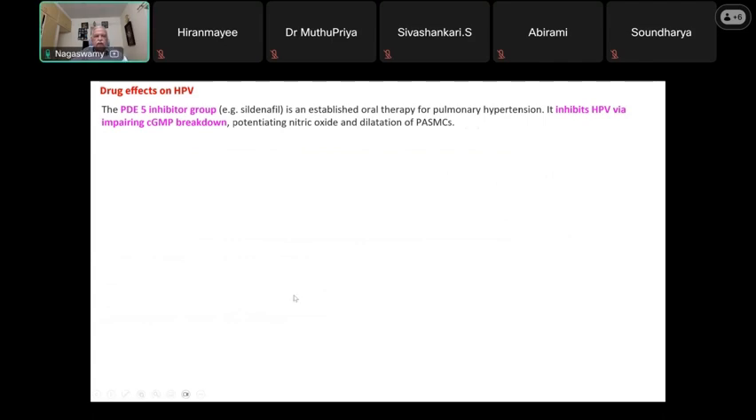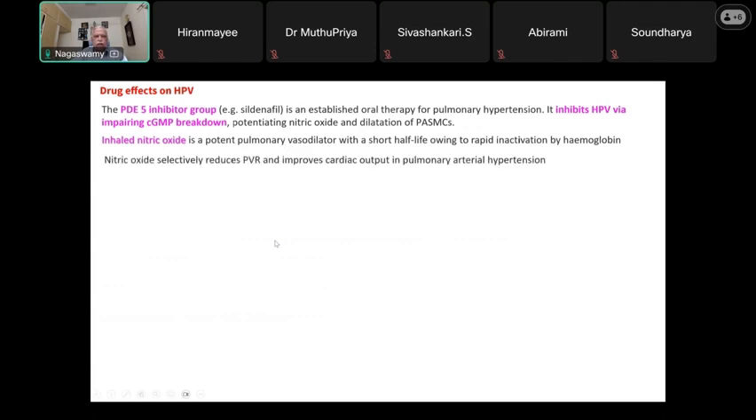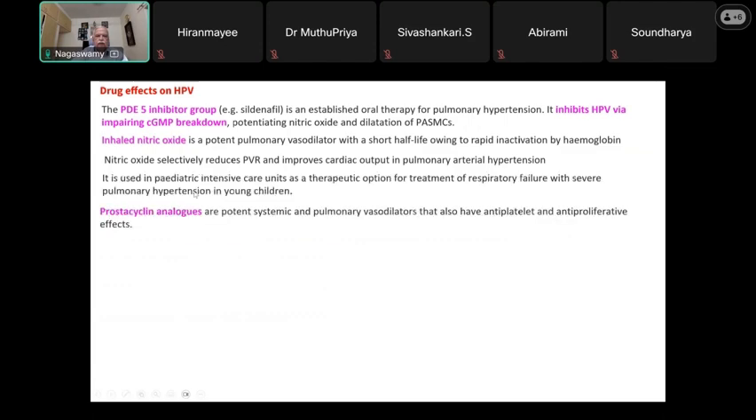What are the drugs which can affect the HPV? The phosphodiesterase 5 group, sildenafil. Where is it used? Mainly in pulmonary hypertension. That can affect it. Inhaled nitric oxide will also cause vasodilatation and abolish the HPV response. Nitric oxide reduces PVR, and prostacyclin analogs are used for dilatation and improving the pulmonary circulation. And